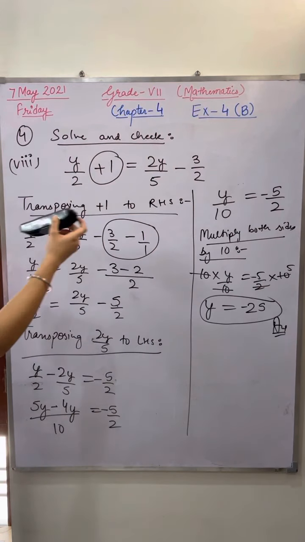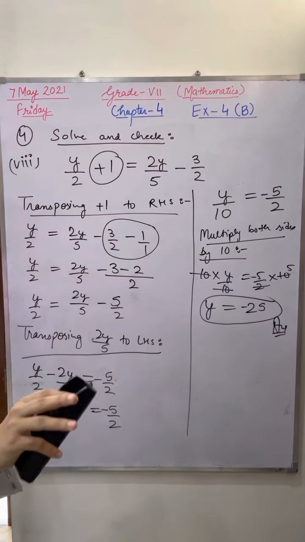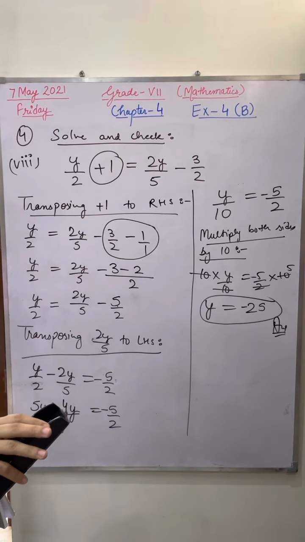I have repeated the question more than 4 times right now. Please understand the concept carefully when you are sitting in the class. Once I said I have to shift this constant value to the right hand side by using the transposition method. Then I have to shift the variable value to the left hand side by using the transposition method. After that you have to go with the multiplication. That's it. 3 methods you have to apply. Now put this value of y in your question and check whether your answer is correct or not.